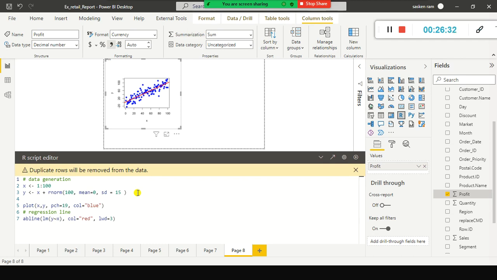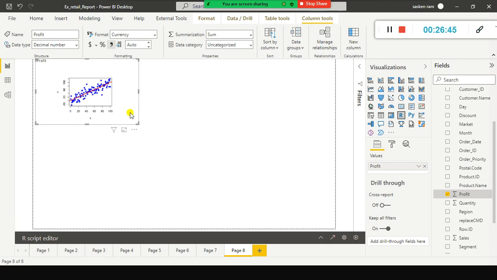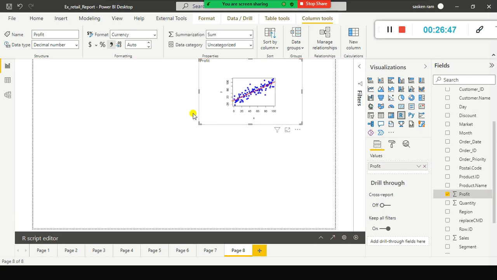It's an open source tool, and you can generate production quality charts using R. So next, yes, we are done with this. If you have any other visuals, you can drag and drop them and keep them here, okay. So this is pretty simple one.